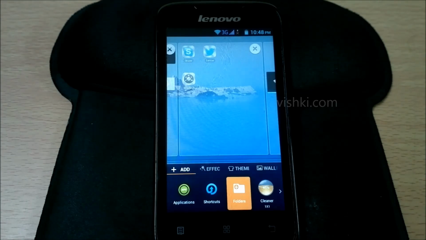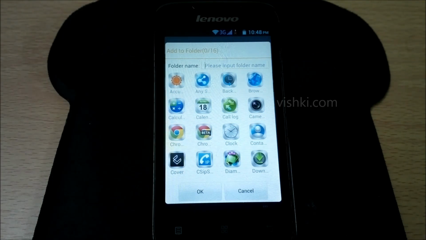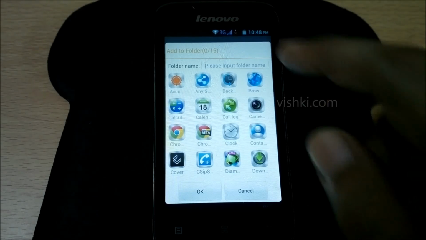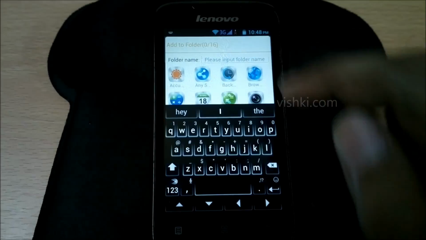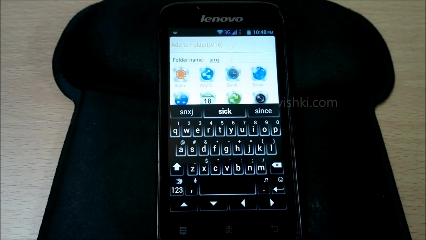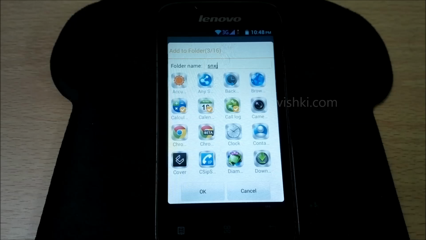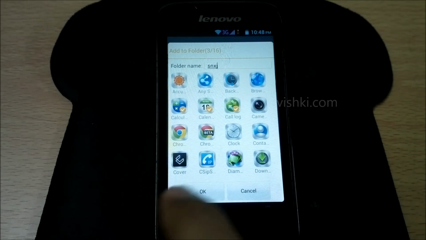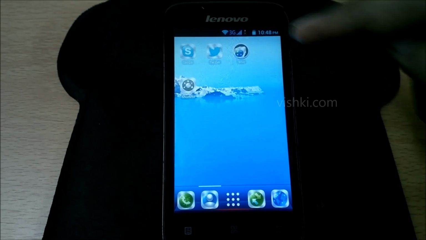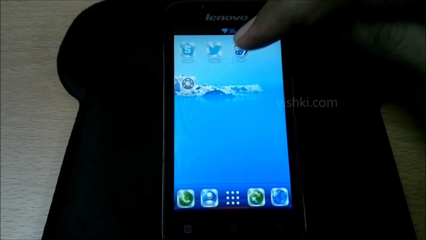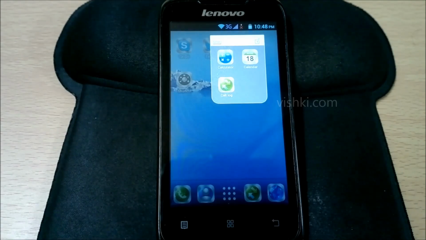And if I want to add a folder, I can type in a name for the folder. Then I can select the applications that I want to be added to that folder and say OK. We have that folder added here, and when we click on that folder, the applications in that folder will be shown,